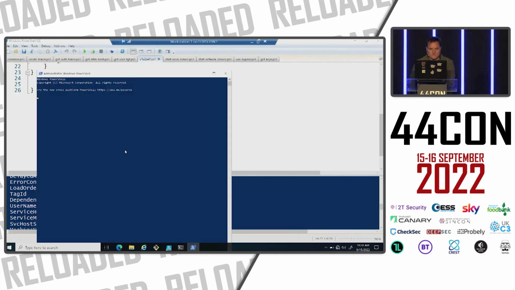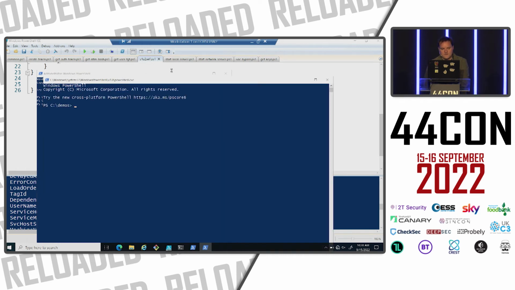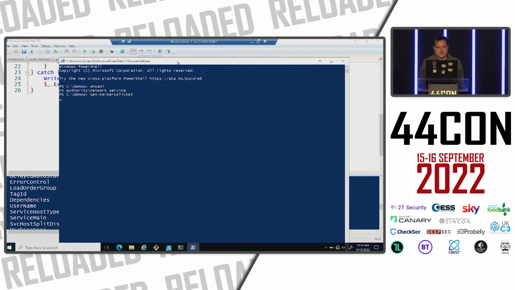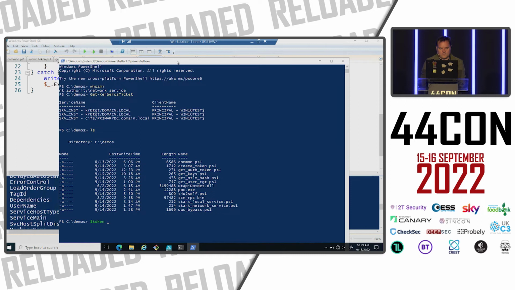So in order to do that, let me just start a process running as network service. So who am I? We got network service. We can do, say, get Kerberos ticket to query its ticket cache, and we should see we got a couple of TGTs, etc., in there. So now if we do token equals S4U to self, and we give it, say, administrator for a domain administrator. Okay, we now should have a token,